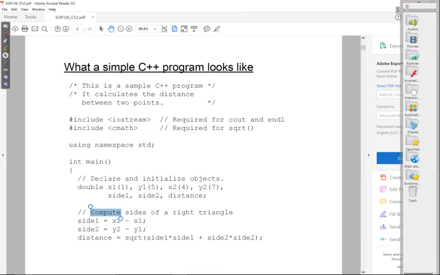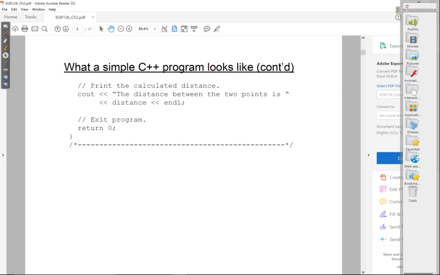Now, a lot of what's going on in this program probably doesn't make sense if you've never seen computer programming before, or if you've never seen C++ before. Right? So we're going to go through this line by line in a little bit. All right? But before we do that, okay, let me talk a little bit about what a computer language, right,